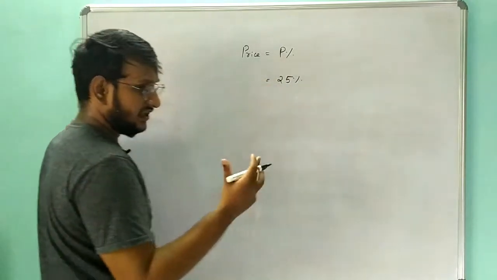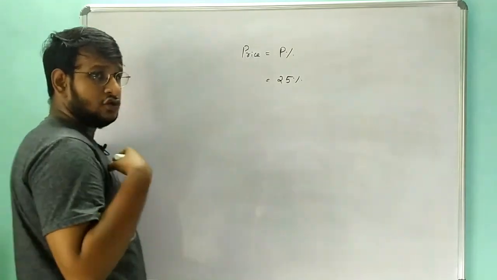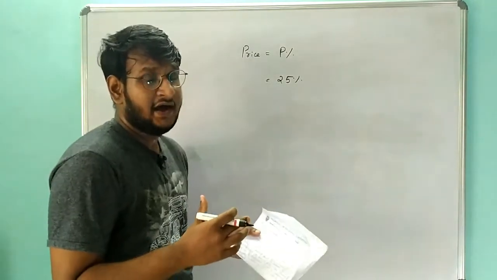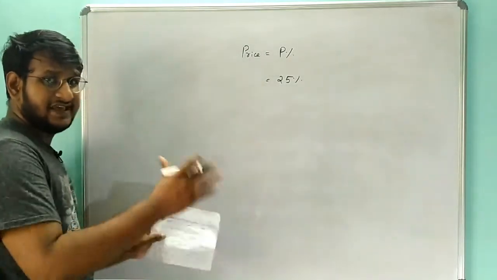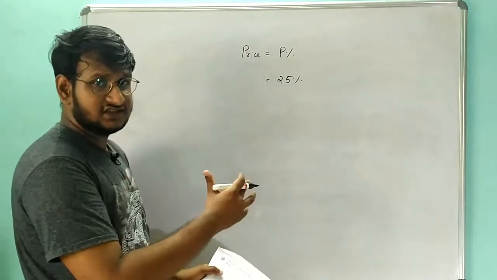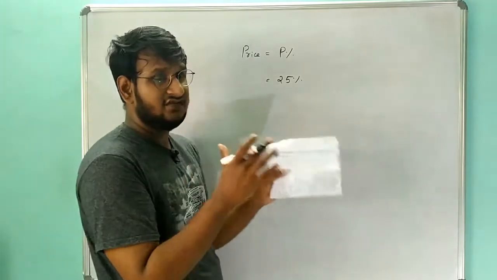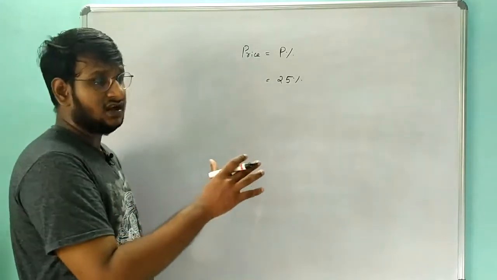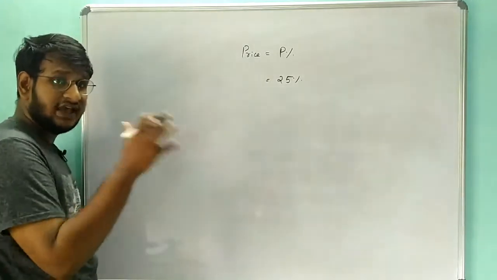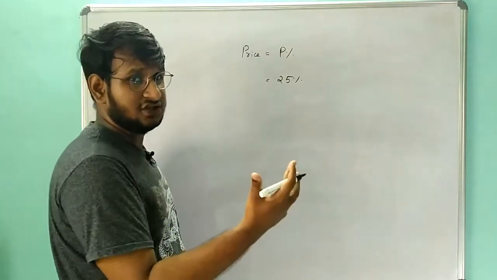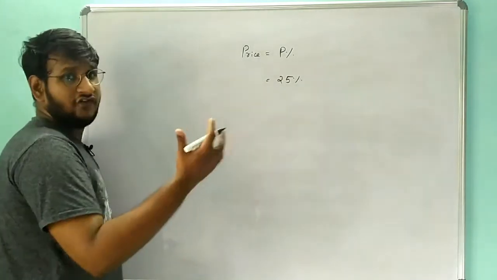Okay, the sugar price is getting increased by 25 percent, and you are not willing to spend more on sugar. You are going to keep the same budget as you did for the previous month, so in order to have the same expenditure, you need to reduce the consumption, because the price has increased by 25 percent.